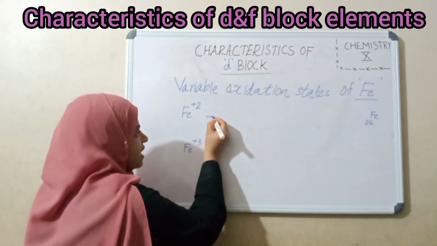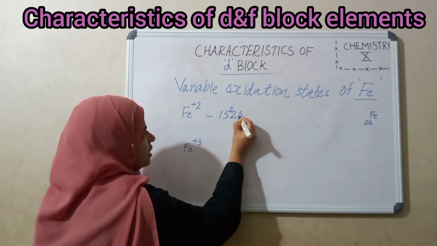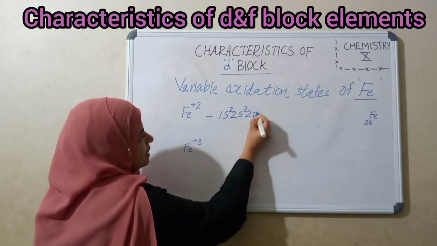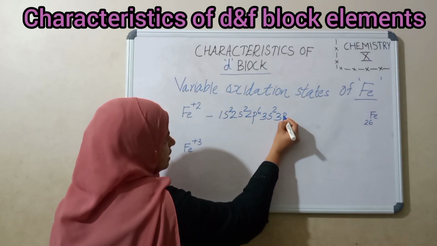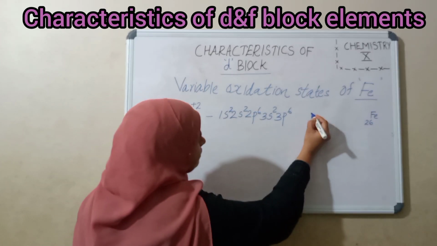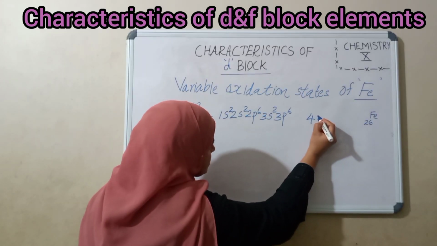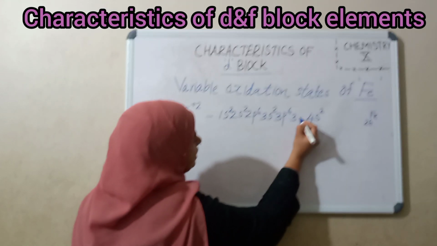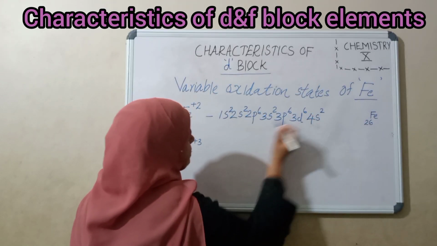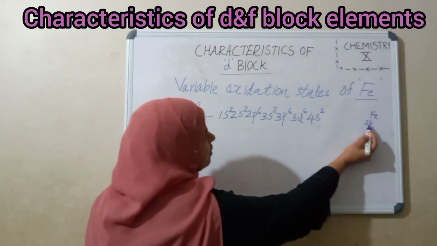Therefore, we can write 1s2, 2s2, 2p6, 3s2, 3p6, then 4s2, 3d6. This is actually the subshell electron configuration of